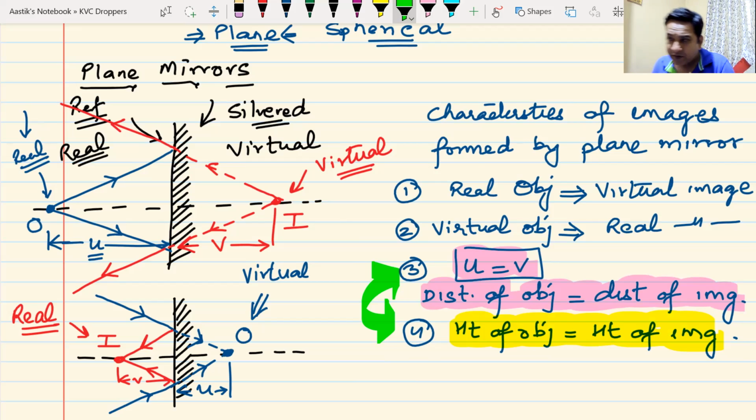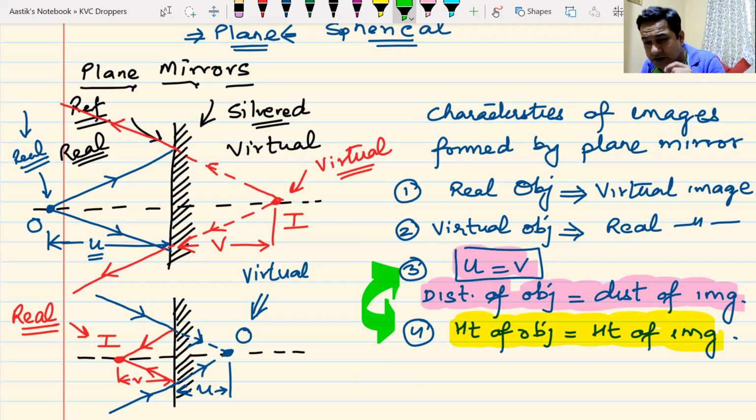And it is very easy to see. When you are very close to the mirror, you will appear very tall. Yes or no? But when you go further ahead, you will see that the image has gone smaller in size. But even in that case, the height of the object and the height of the image is same. Do we understand this? When you look at a far object, it appears smaller, but when you go closer, oh, it's appearing bigger. Height of the object